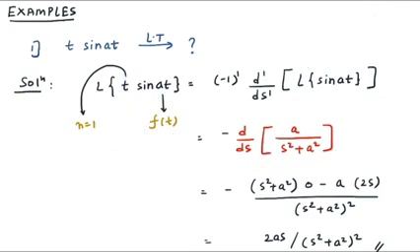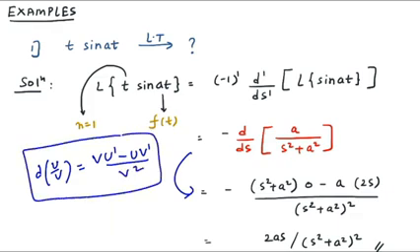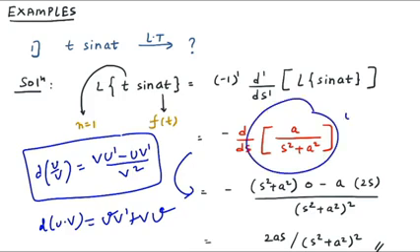Now the next step is the calculation part. Whenever you have differentiation of u by v, the rule is you have to write the answer as v into differentiation of u minus u into differentiation of v upon v square. I guess you know the derivative rule. If the derivative is u into v, it's simple: u into differentiation of v plus v into differentiation of u. This is the formula you should note about differentiation. We have only two rules, derivative of uv or derivative of u by v. So this form is derivative of u by v.